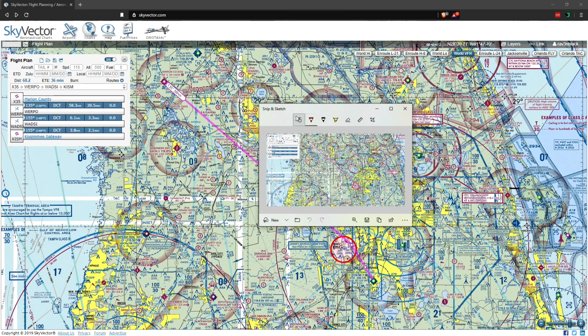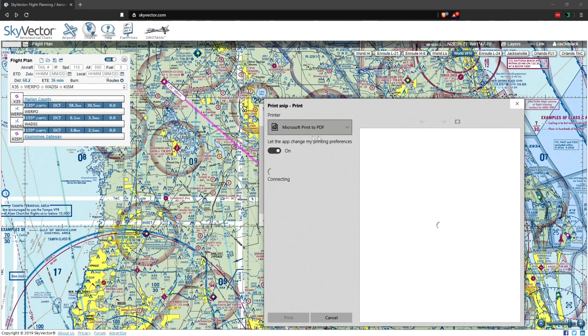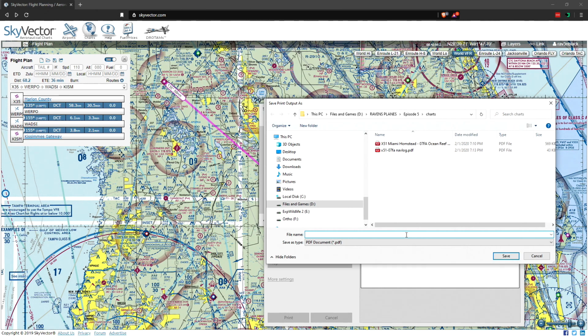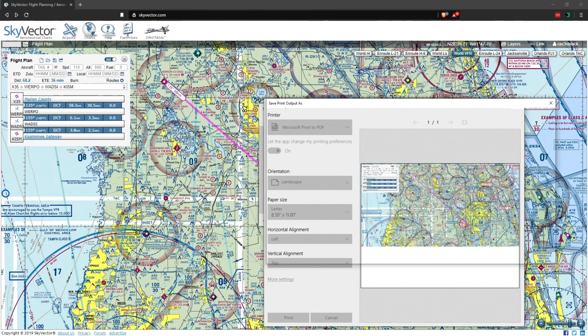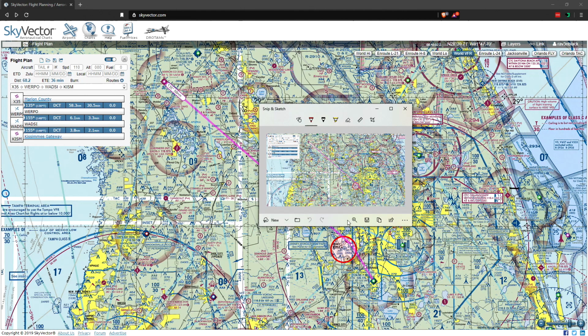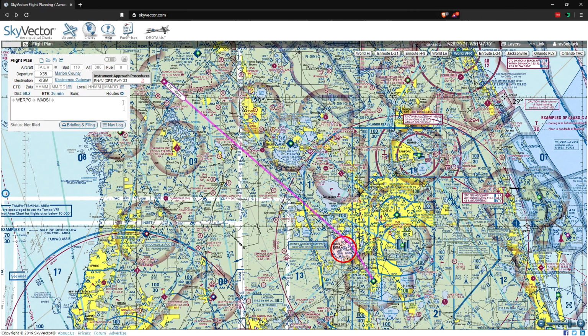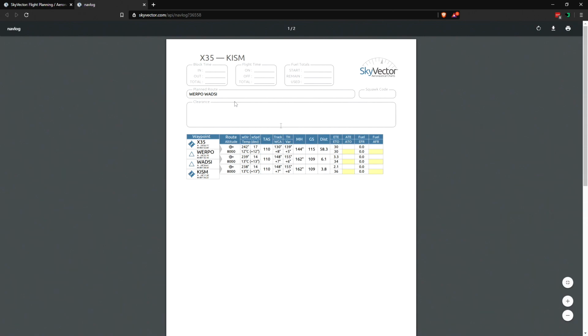And then I'll also print this as a PDF, Microsoft PDF, throw it in my charts, and I'm going to call this nav map, which is just going to give me the map of where I'm headed. Then I'll also uncheck this and go nav log, which will bring up just the points. This is what I usually do if I'm going to type it in myself. I'll just pull this up and then type it in. And we're going to print this